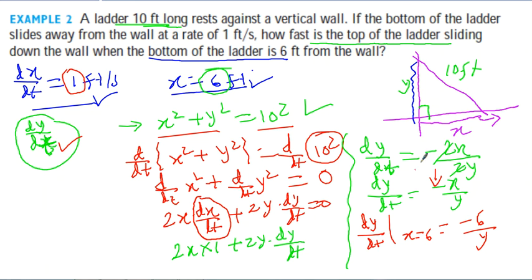Again the problem is that I don't know the value of y. So by using the same formula, I am going to get the value of y. I know 6 squared plus y squared equals 10 squared. So y squared equals 10 squared minus 6 squared, y equals the square root of 64, and y equals plus or minus 8. I am going to choose only plus 8, as the distance cannot be a negative quantity.